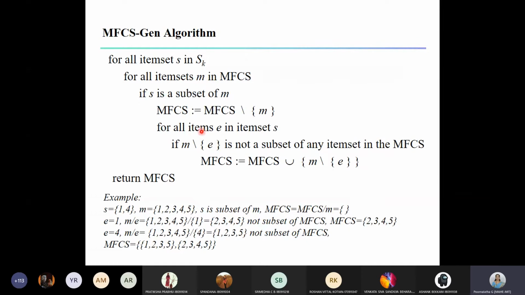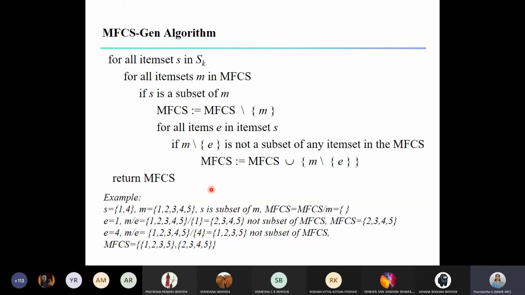If the result is not a subset of any item set present in MFCS, then we do this step: MFCS equals MFCS union M minus E. After this, again we go back to this step. That's how we keep on repeating these steps.